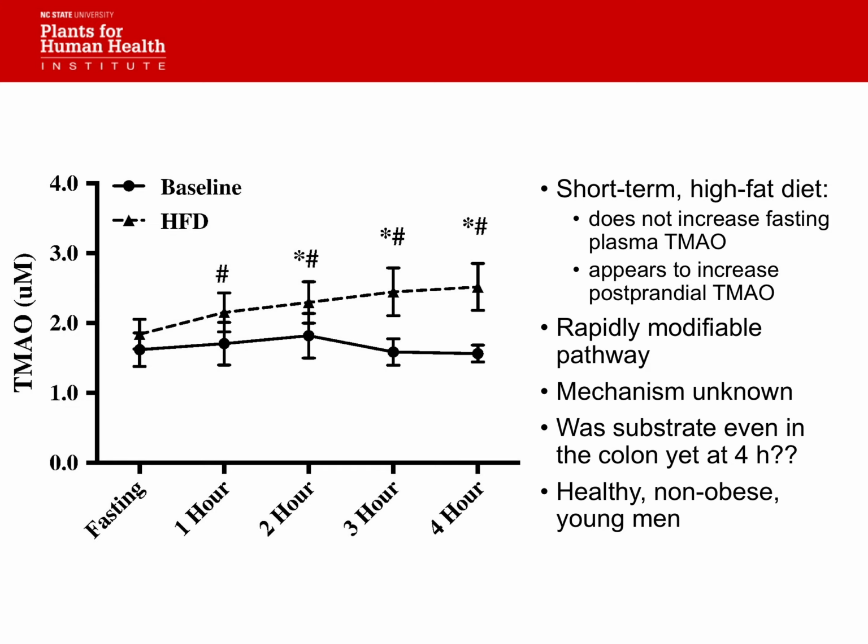This filled line is their kinetics of TMAO production starting at fasting over 4 hours before they had a 5-day high-fat diet. We gave them two Jimmy Dean biscuits, and we just looked at TMAO, and you can see it's actually pretty flat, right? It doesn't really change. But after a 5-day high-fat feeding, not much difference in the baseline fasting, but you can see the excursions of TMAO were very different, and this is, again, just 10 subjects, not a large sample size.